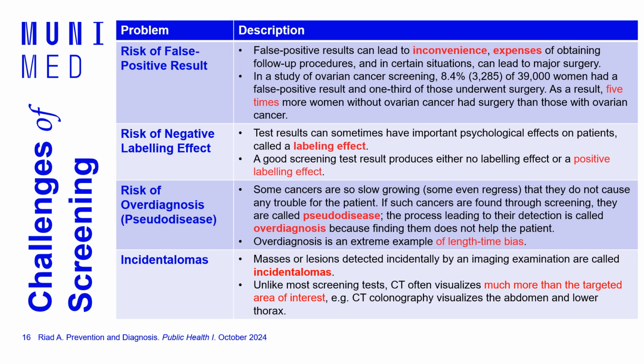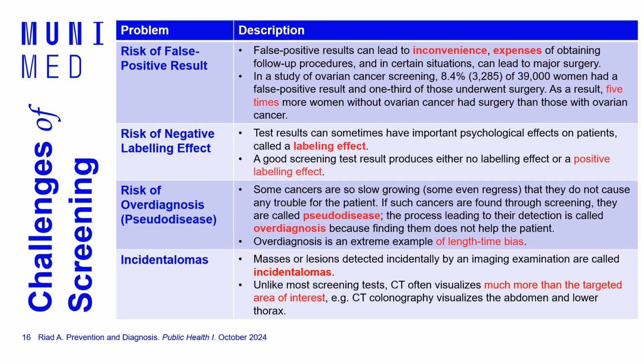On the other hand, you can also tell someone that he is healthy, however he is not healthy, and in this case this is called positive labeling effect. This can be not very bad, but it can also be dangerous if the disease is invasive, and then the patient will discover later on that he missed the opportunity to be diagnosed and treated early. Okay, so this is the second problem.